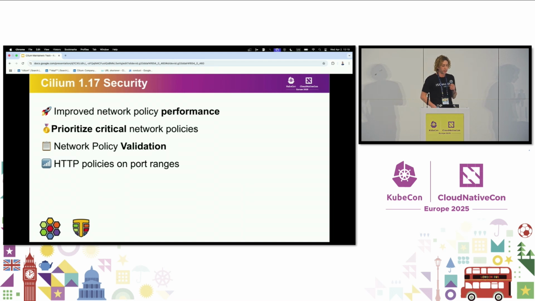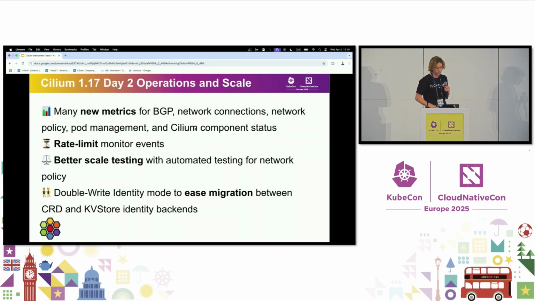On the security side, as I said, network policy is one of the top features in Cilium, and the performance of that has really increased in the latest release, allowing you to also prioritize critical network policies and do network policy validation. And then on the day 2 operations and scale, I've talked to lots of end users around the